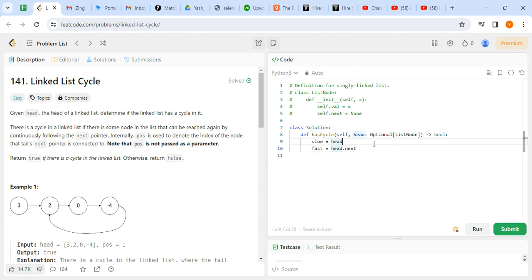It could be possible that there is only one node. So let's have a loop while fast is not equal to null. We will move slow by one node. Slow is equal to slow dot next,